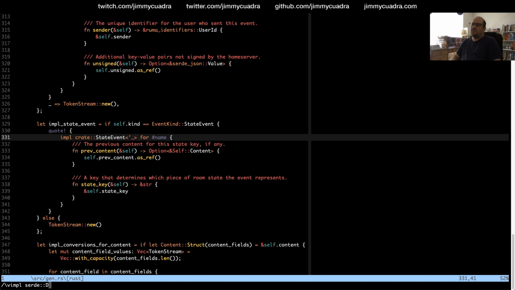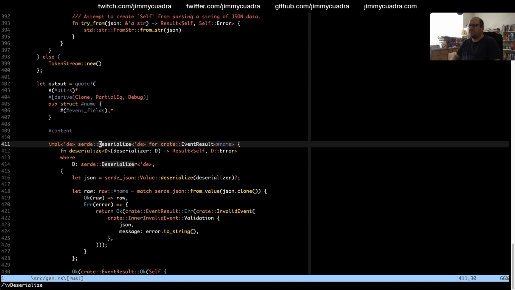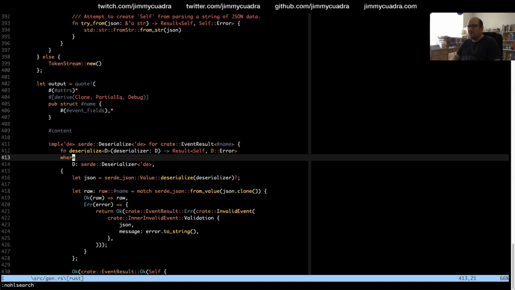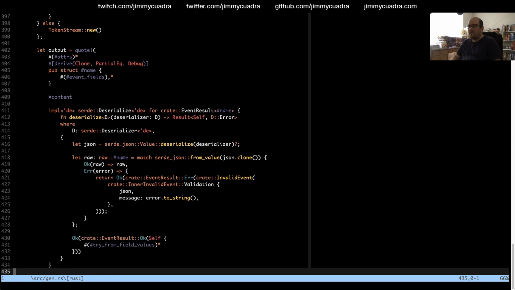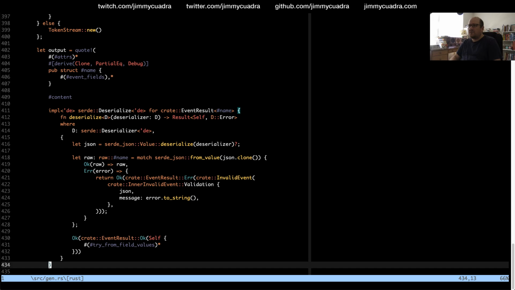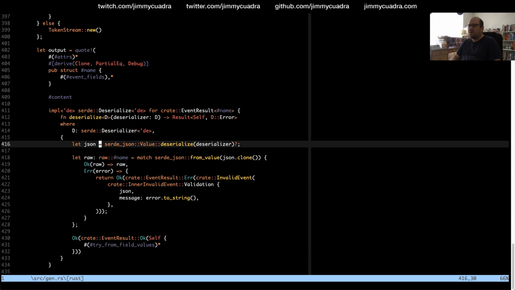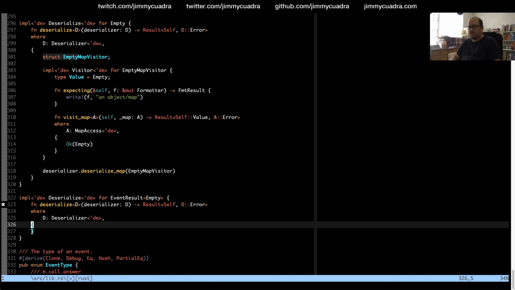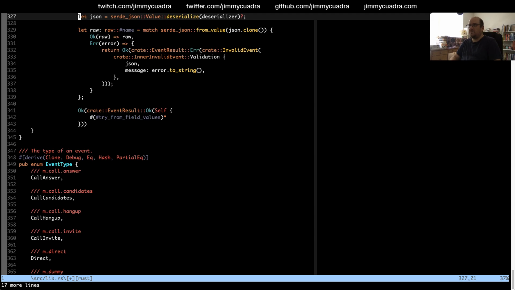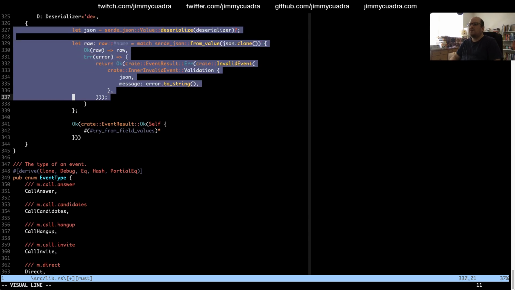Impl deserialize. What? It doesn't like that? Where's deserialize? Oh. Right. So I think we're pretty much going to do exactly this again, more or less.